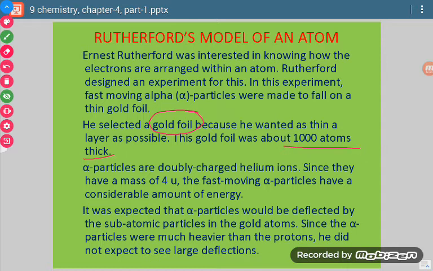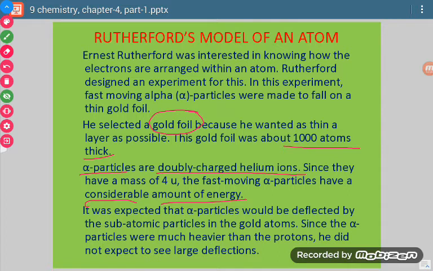Okay, which is very thin. Now he took alpha particles. Those alpha particles are, as I said, doubly charged helium ions. Okay, now they are fast moving and they have enough amount of energy. Now what he did, he